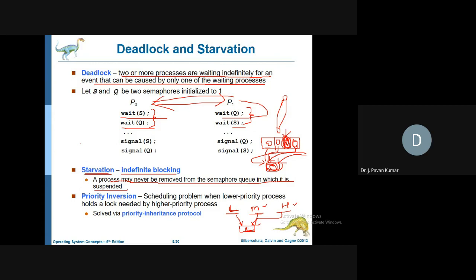After completion of this lower priority task, why? Because it has entered already into the critical section. After completion of this task, the high priority task will enter the critical section. But while executing this particular lower priority task, the high priority task has requested, and the middle priority task also requested. Then, due to this blocked queue concept, high is stored here, then middle is stored here.